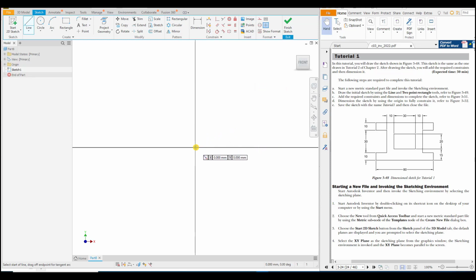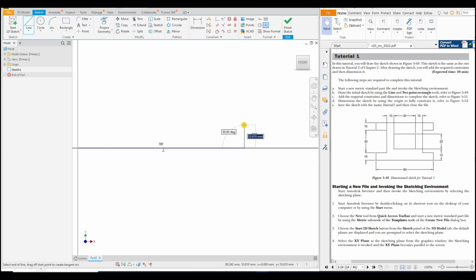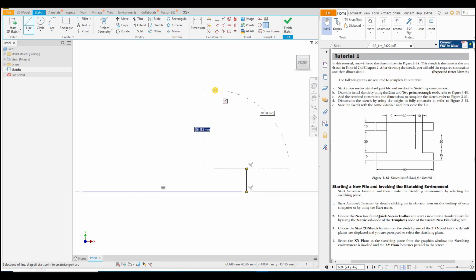Click on Origin and then move the cursor towards right about 80 mm. And then move the cursor in the upward direction about 10 mm and then left about 15 mm and then again in the upward direction approximately 30 mm, then move towards right and then again move in the upward direction about 10 mm